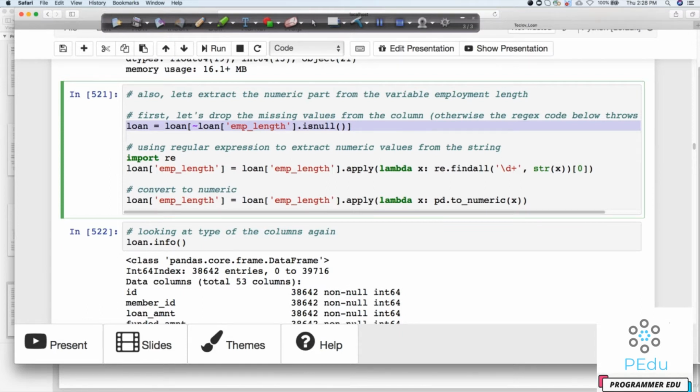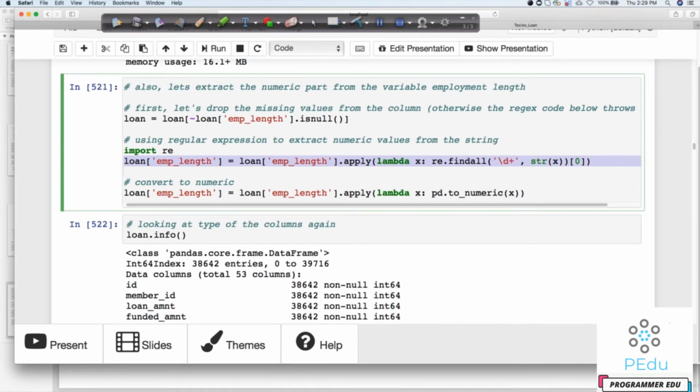So I would like to first remove the employee length column missing values, and then I'm going to pull out the digit value from it. I'm really assuming here that you have done all this. If you have already tried this case study on your own, then you would have observed it. If not, pause the video and look at that. I'm definitely not doing each and every step here. I'm just explaining quickly what steps you should have performed. This is just to give you an idea, so that you can compare your solutions with mine, and if you have missed out anything, you can match it with this. But the main intention was that you should have tried this on your own before.